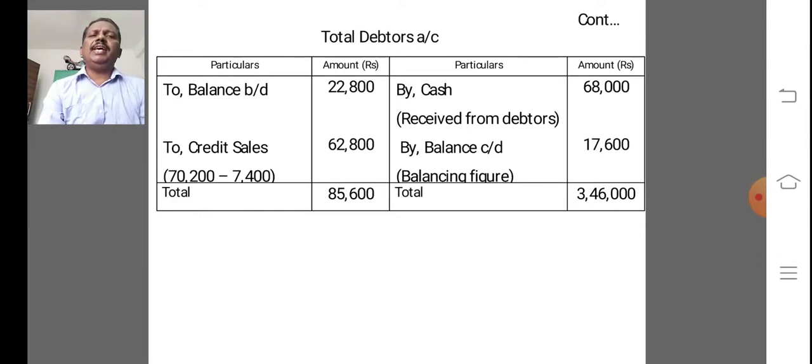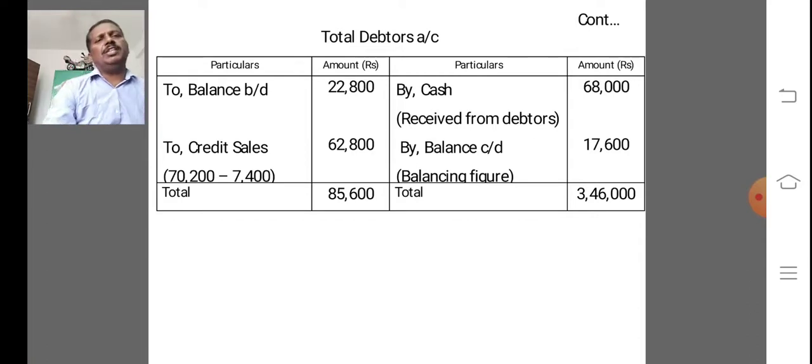To credit sales 70,200 minus 7,400, we deduct cash sales, so we get 62,800. By cash received from debtors 68,000. By balance carried down, balancing figure